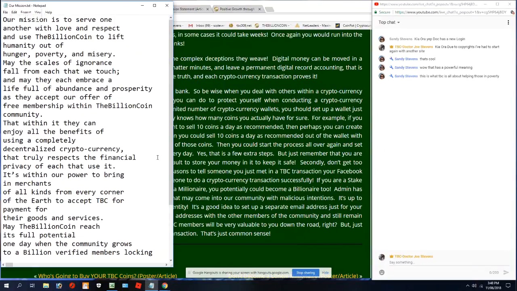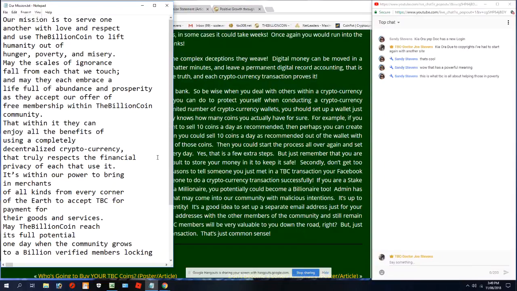Our mission is to serve one another with love and respect and use the billion coin to lift humanity out of hunger, poverty, and misery. With the scales of ignorance fall from each that we touch.